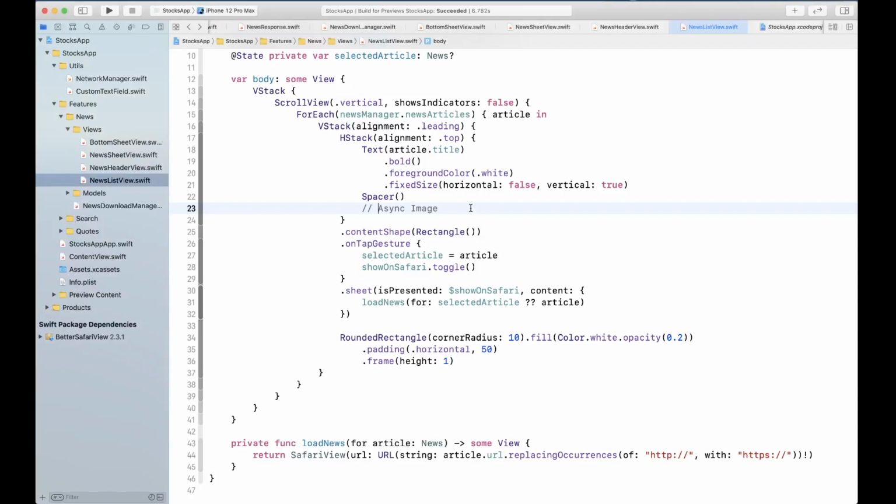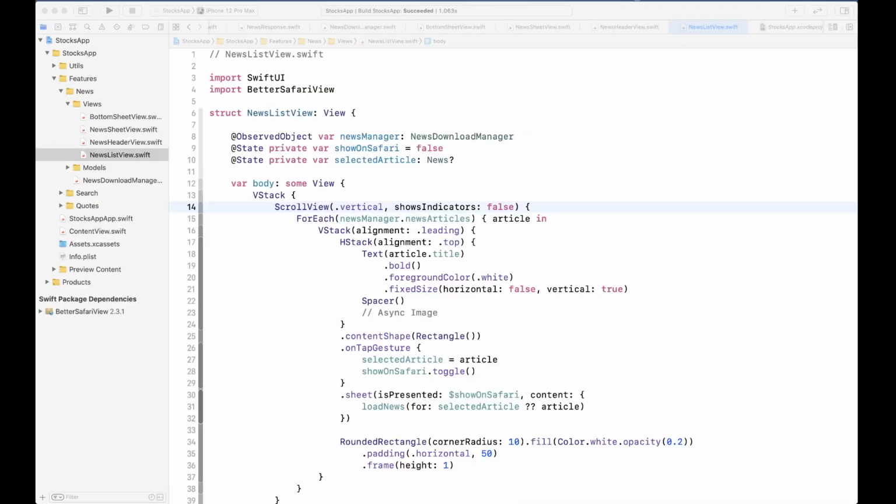Once we are finished with that, we're gonna come back and create our asynchronous image instance here. We're going to use this asynchronous image to display the network image that's associated with the news article.